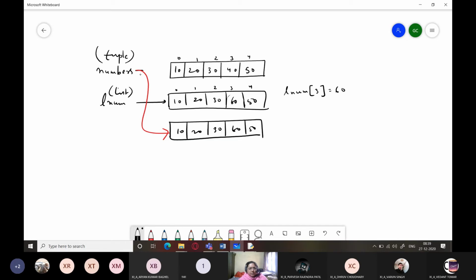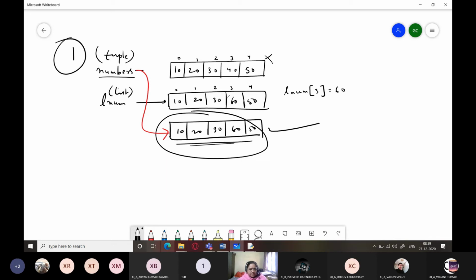Got it? So now my tuple numbers is pointing to this tuple object rather than this one. Okay. And the list is also there in the memory. Fine. But another tuple object is created. So this is how I can make changes into a tuple. So this is one way in which I can make changes.